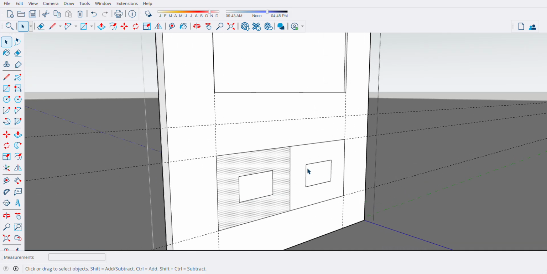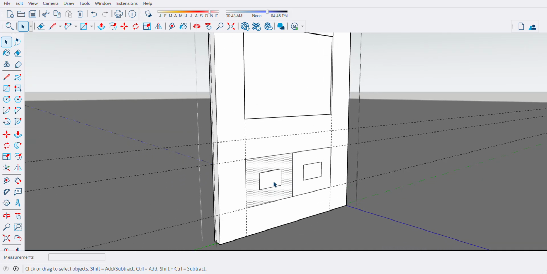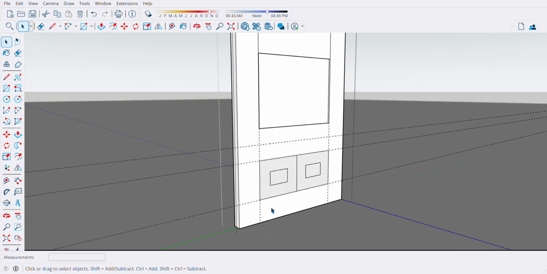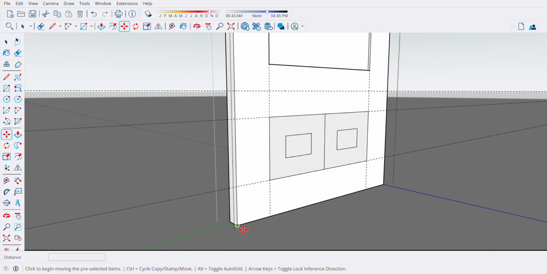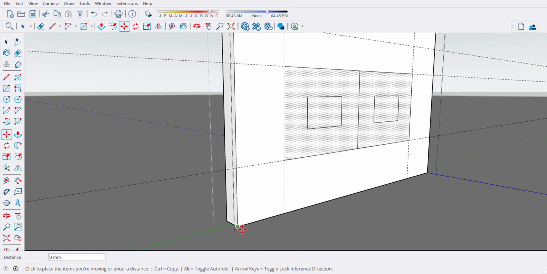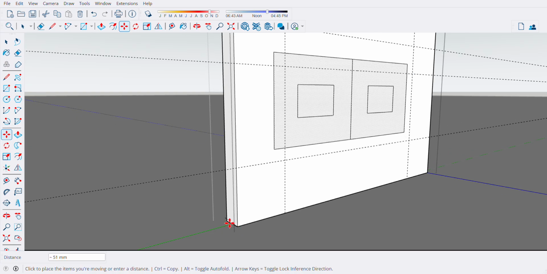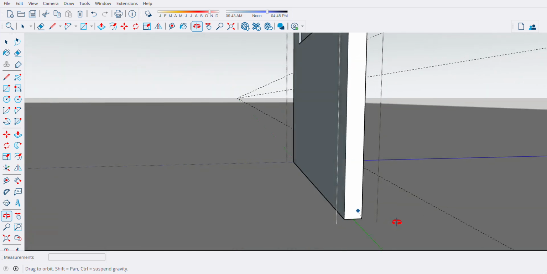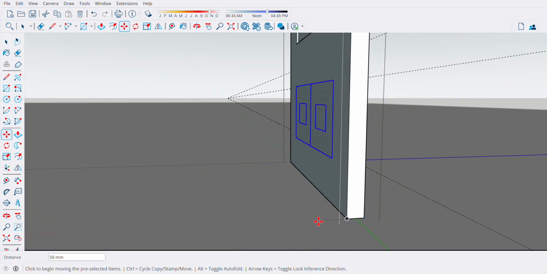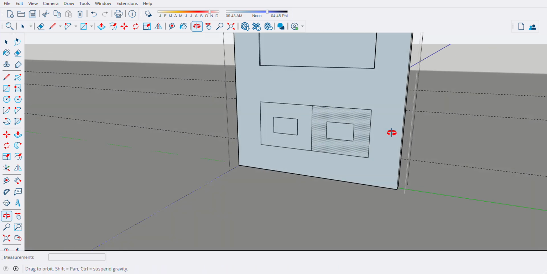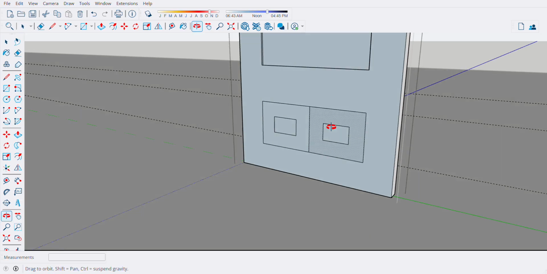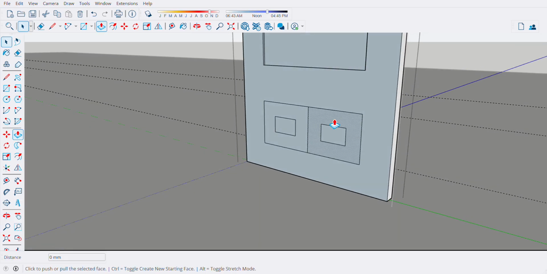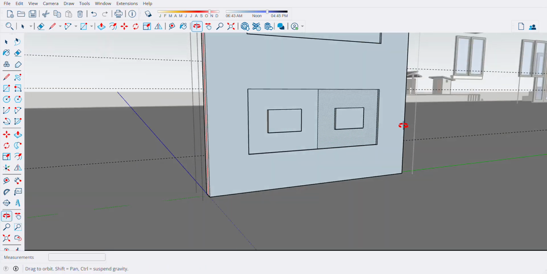So before you pull this one, we need to copy it at the back. This one. See? By move command, press Control to have a copy. Yes. And then this one should be down. So 10, something. 10.